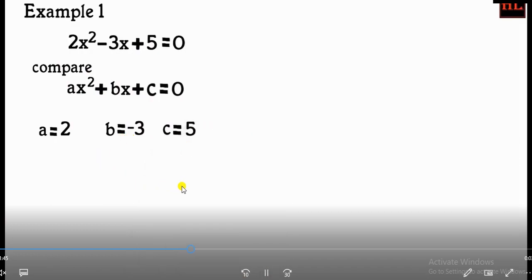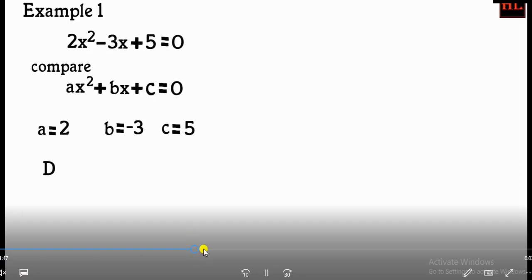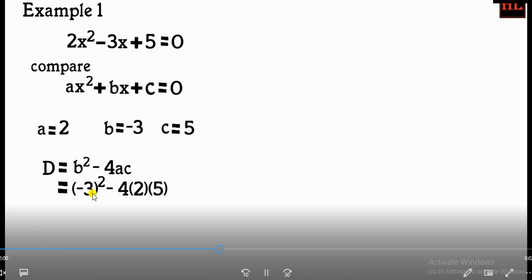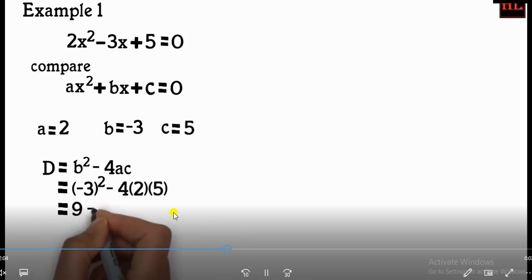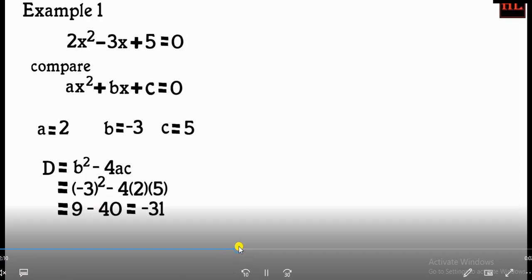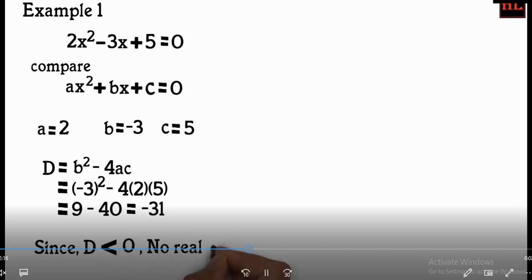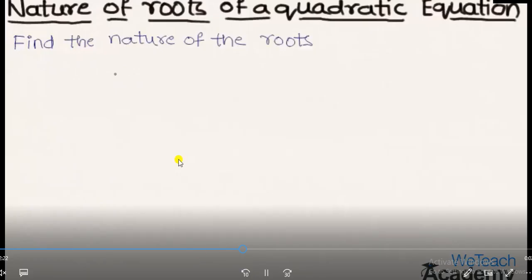Now put the values in d is equal to b square minus 4ac, as we have to find the nature of roots. So what is that? d equal to b square minus 4ac. Put the values of a, b, c. We get minus 3 whole square minus 4 into 2 into 5. You will get 9 minus 40. So here what are you getting? Minus 31. So value of d is what? Less than 0. So in this case,